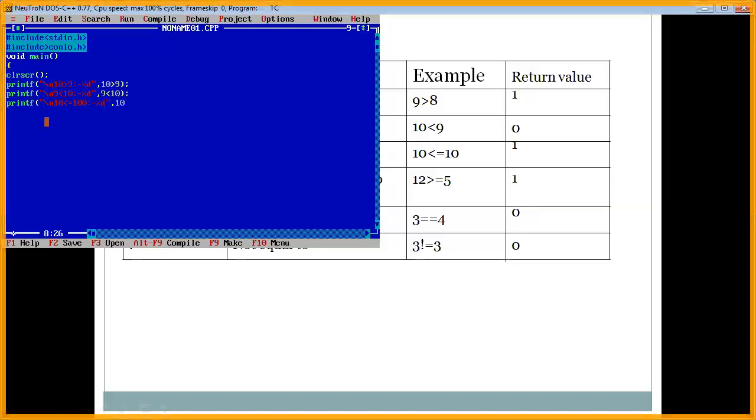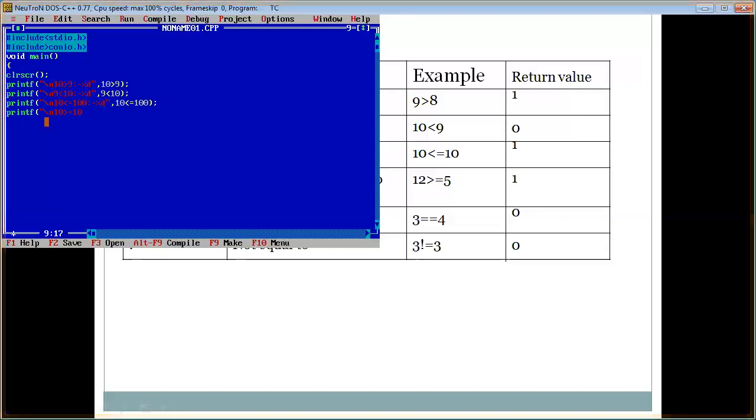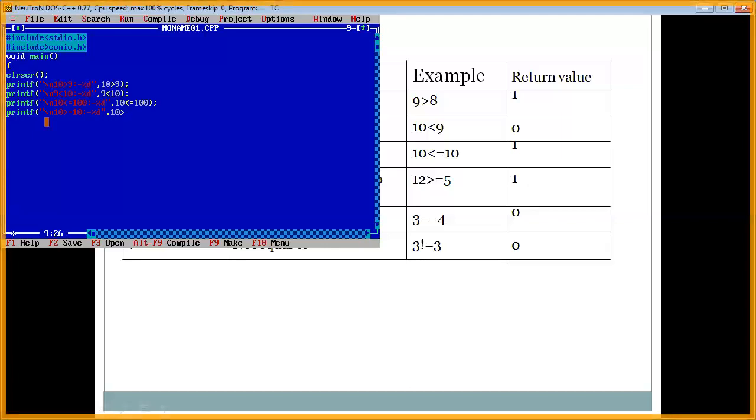Next printf, I am going to display greater than or equal to. So 10 is greater than or equal to 10.